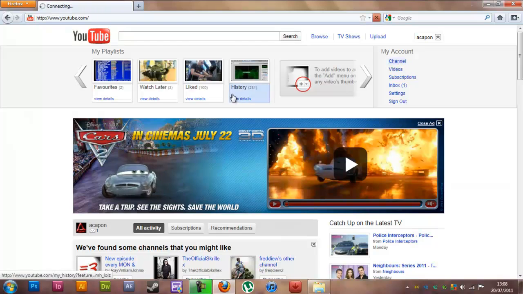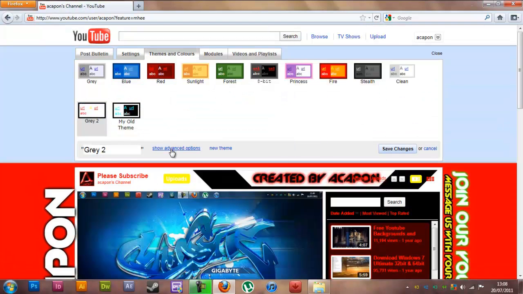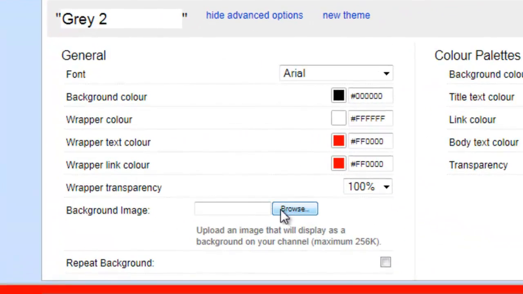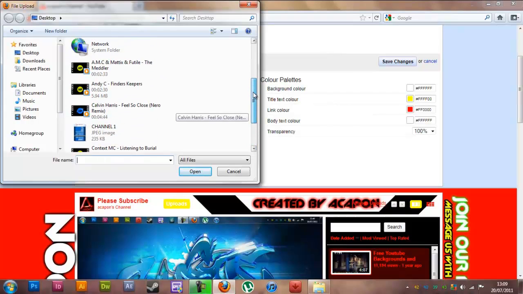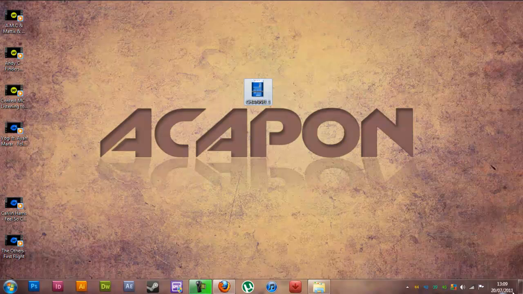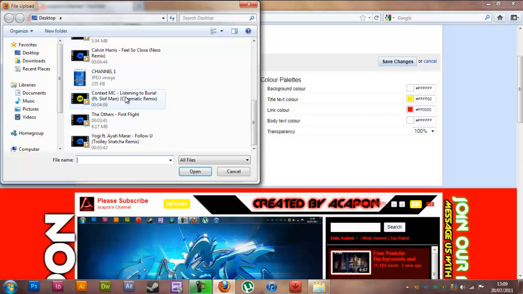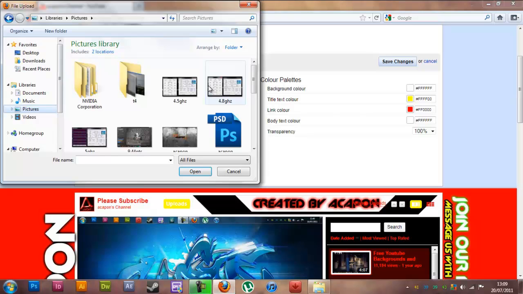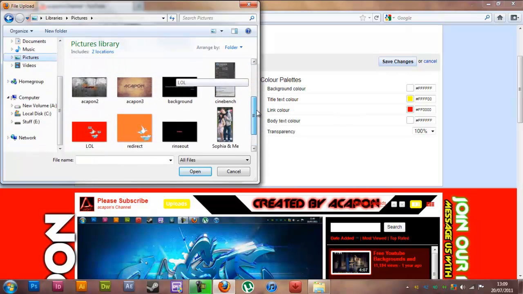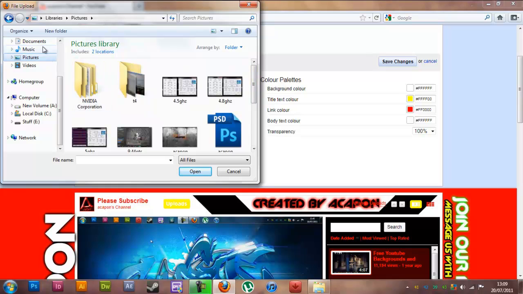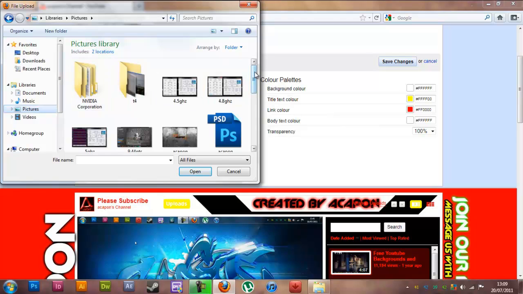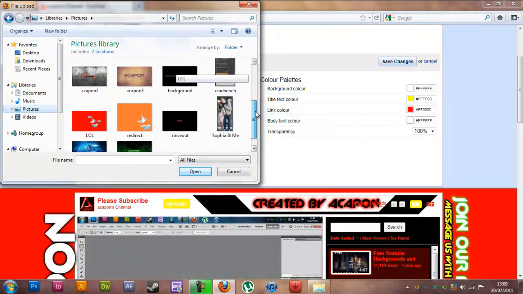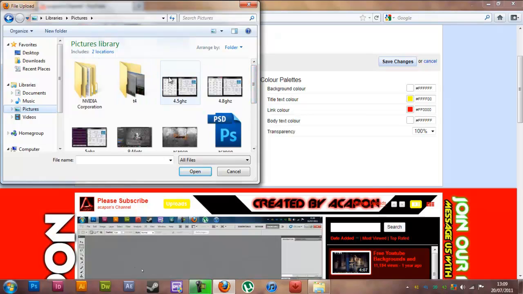Go to your channel, go to themes and colours, show advanced options, and then background image you want to click browse. Go to where you saved it, which is, hold on, where did I save it? I think I might have saved it in images. Don't know where I saved it. Well, I can't find it for some reason, but anyways, you go to where you saved it, you click open,